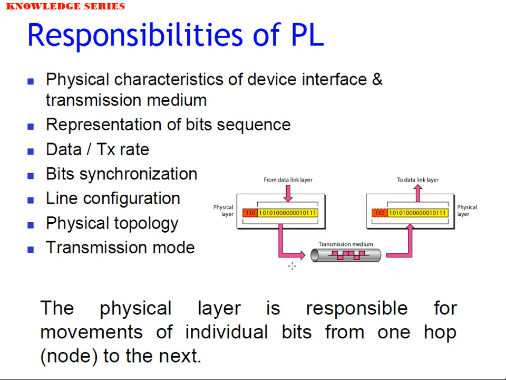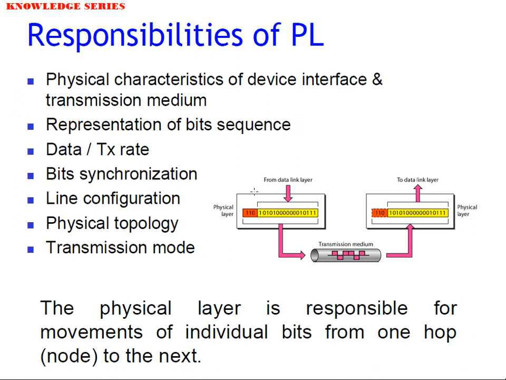Whether it is a sender or a receiver, or from a sender to the next node, whatever it may be. This layer defines the physical and electrical characteristics of a network. And it acts as connectivity between the several nodes or devices, in the form of hardware as well as software. And you can see that it is basically in the form of bits.